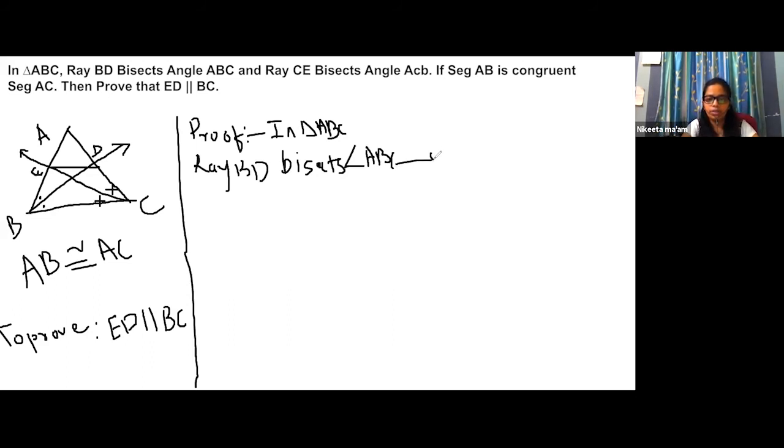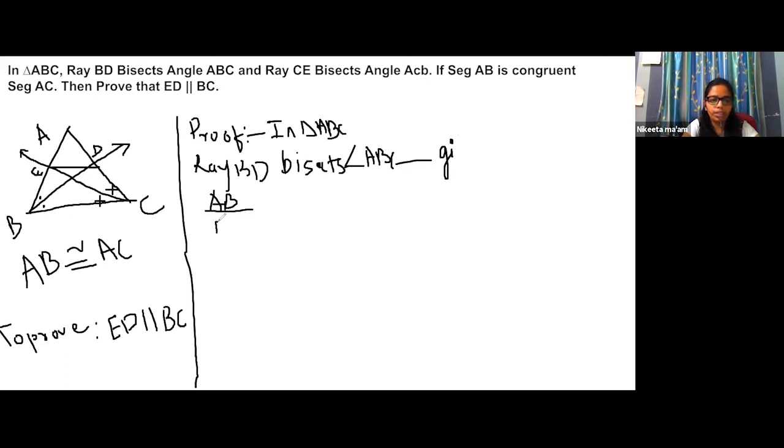This is given. So the reason for this is given, I will write it over here. Okay, this is given. So according to the angle bisector theorem, I can write it as AB